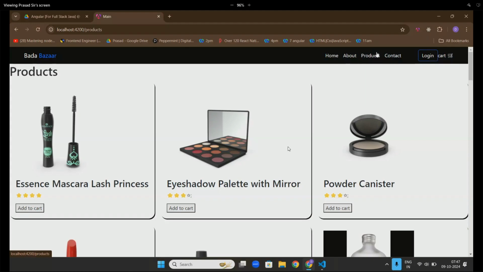How did you put the stars? Yesterday someone asked me about the star rating. First I created one pipe, and in that pipe I created three constants: full star, half star, and empty star.